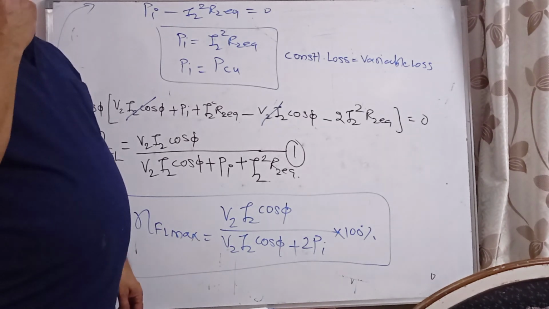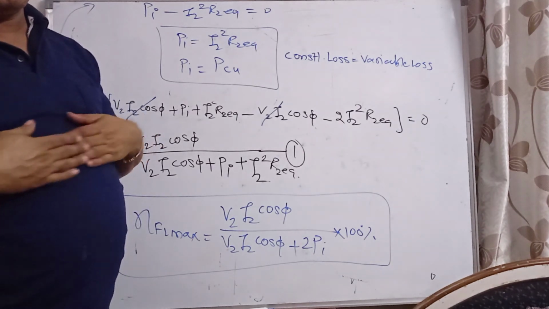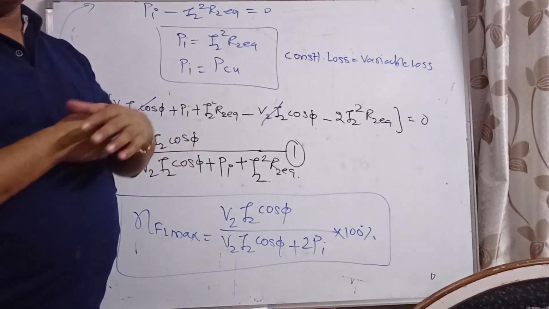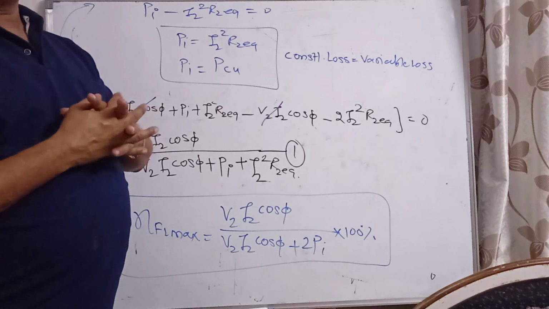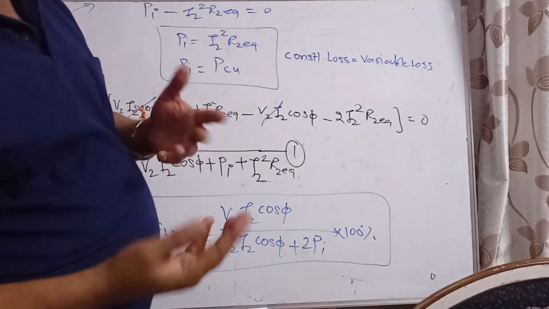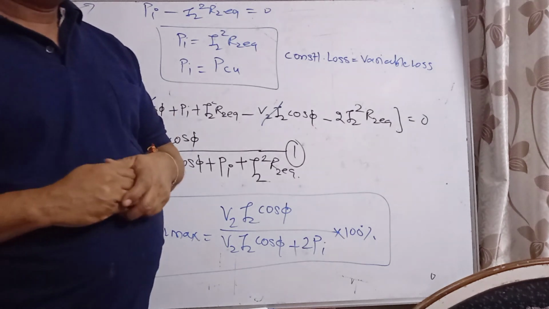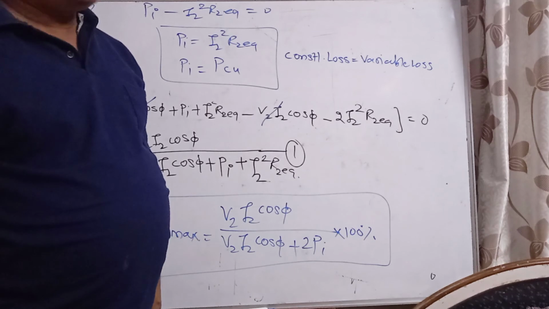In the next article we will study the auto transformer, and then the 3-phase transformer. Unit 3 will be finished after the 3-phase transformer. A lot of portion is remaining for the third unit. We have to study the auto transformer, the 3-phase transformer, and a short note on CTPT, current transformer and potential transformer. That will be the last article. 4 to 5 lectures will again be required to finish the syllabus.